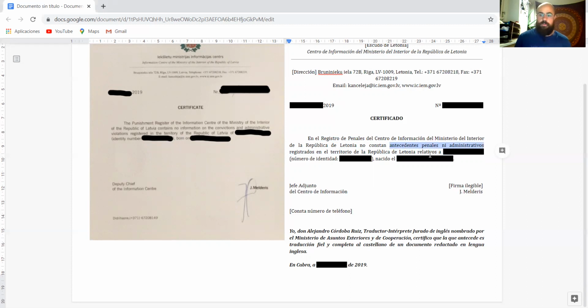Here again, I have used antecedentes penales and not penas, because this is how we call a conviction. It is actually called antecedente penal or antecedentes penales, and this type of certificate in Spain is called certificado de antecedentes penales. Therefore, it is much clearer to use such a wording, such a fixed phrase, for the person receiving the document in Spain.